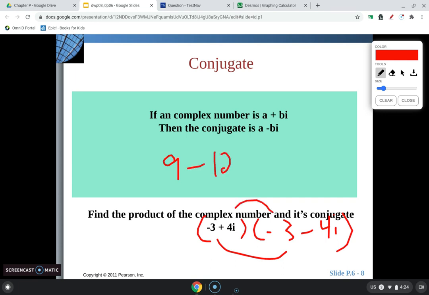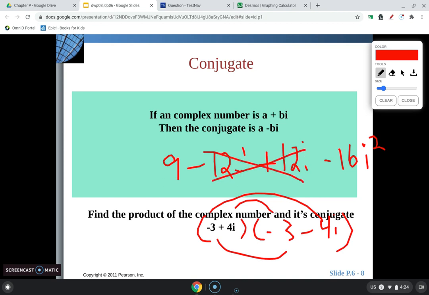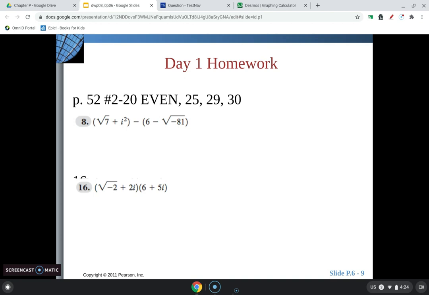Then inner times inner would be negative 12i, and then outer times outer would be positive 12i, and then last times last would be negative 16i squared. The i terms are going to drop, and negative 16i squared becomes positive 16. 9 plus 16 is 25. So when you take a number times its conjugate, all of your i's should drop out if you did it correctly. All right, so